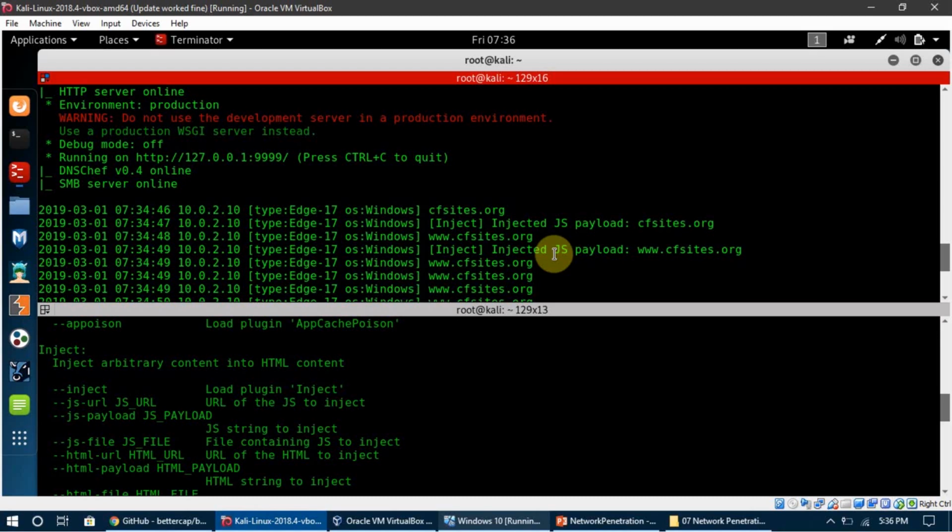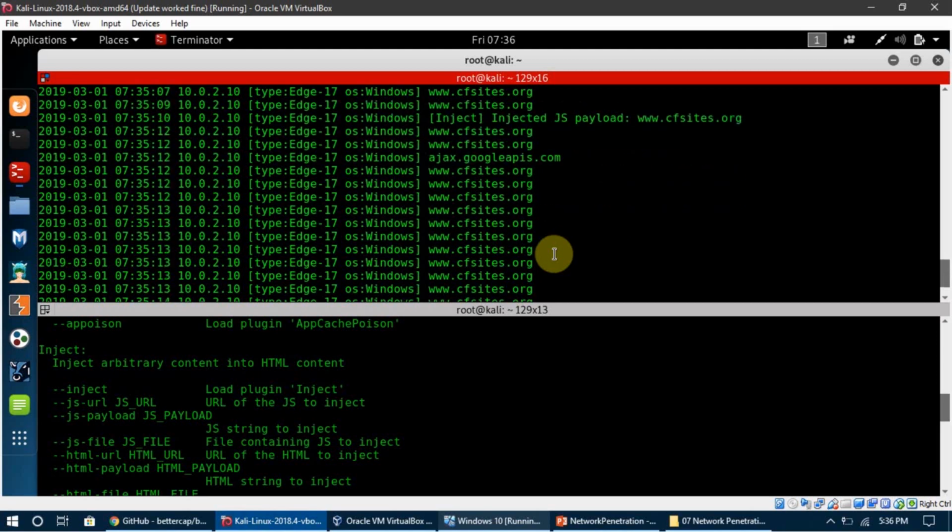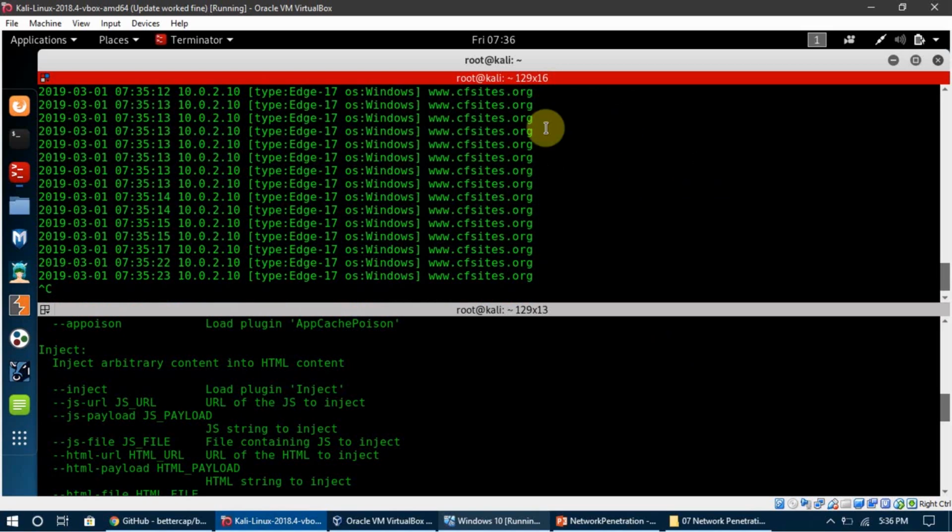We can do a lot of stuff, like if we cannot capture a username and password, we can run a payload which is called a JavaScript keylogger, where it is capturing the keystrokes for us, and then we can inject our own code into their pages, and all of it can be done using MITMF.